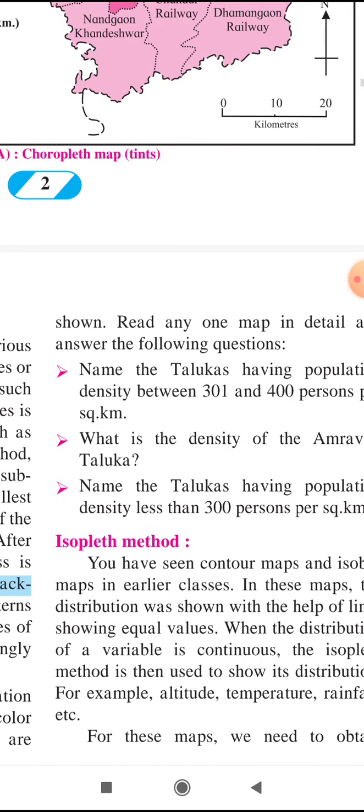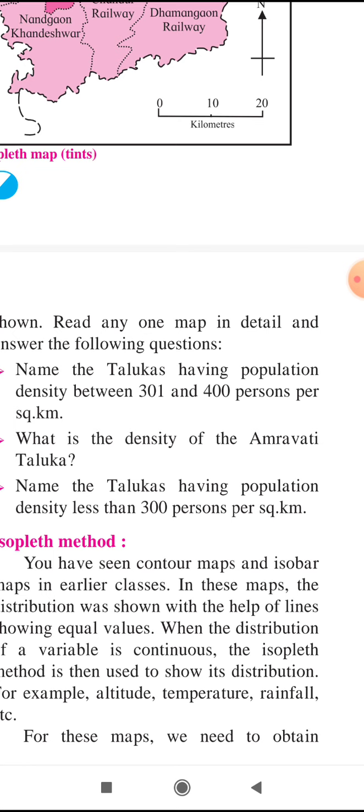The last question is, name the talukas having population density less than 300 persons per square kilometer.